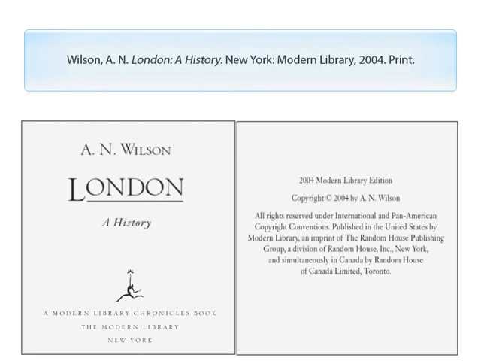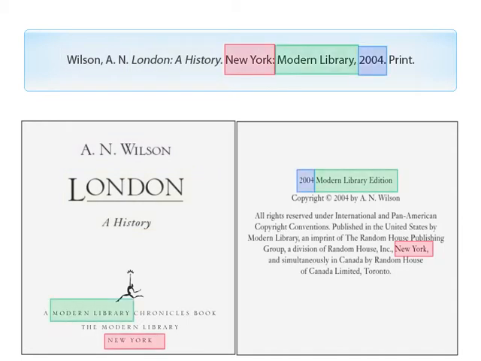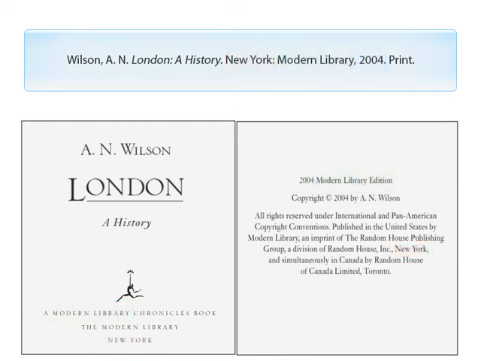In this book example, notice where each piece of the citation came from. The author and title of the book can be found on the front cover, and the city of publication, publisher, and publication date can typically be found within the first few inside pages. Again, indicate print if you're using a physical copy of the book, or web if you're using an online or